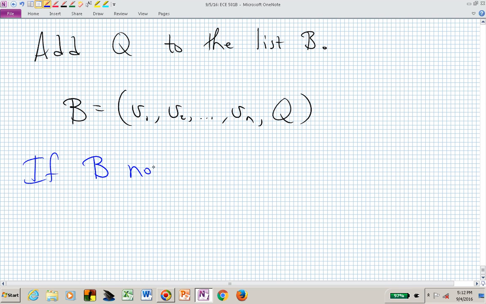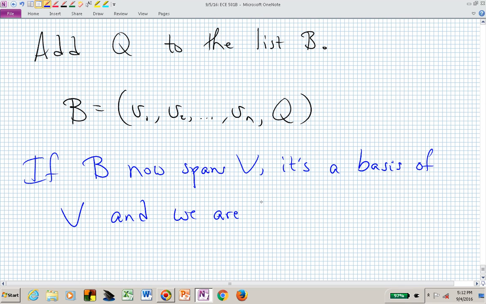If B now spans our vector space, this new list of vectors v1 through v sub n and q now forms a basis, because q was linearly independent of v1 through v sub n, and it's now increased the ability of this new set of n plus 1 vectors to span a part of our vector space V. And if it spans all of V, then it forms a basis. It's a basis of our vector space V,